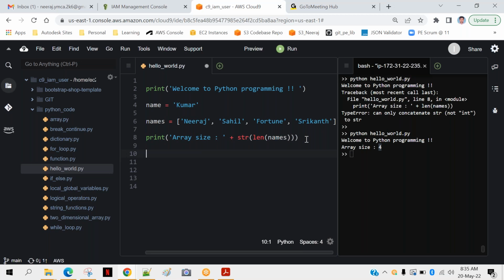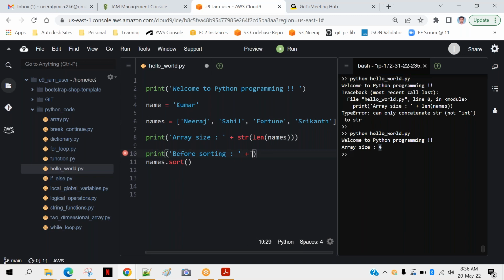You can perform a few more operations. Suppose you want to sort this array, right? So how to sort it? You can do names dot sort. That's all. Your names is sorted now. So let's do one thing. We'll print the entire names before and after. Okay, so I will print here and I will say before sorting, and then I will put names.